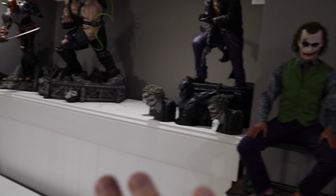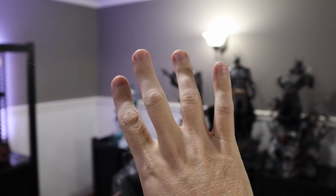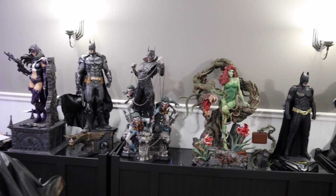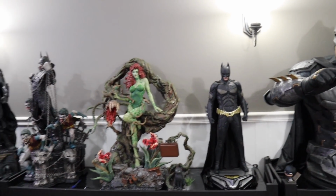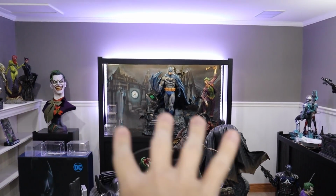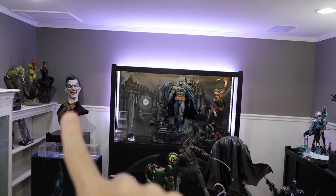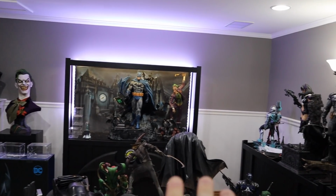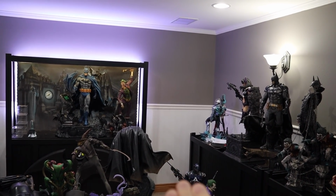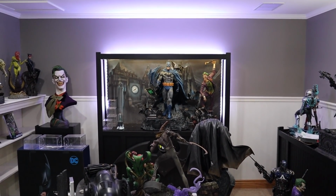So it could be like 1/3, 1/4, third, and then third. Okay, because third scale is my favorite, right? So I thought, okay, let's just say that I left this case. Let's say I did that. I could build some shelves here, and let's say I could put Bane up here and maybe Deathstroke. I still didn't think that would give me a ton of room. Like, I'd still put a few more over here, Batman Who Laughs or Poison Ivy,